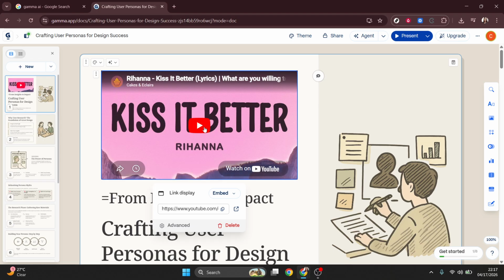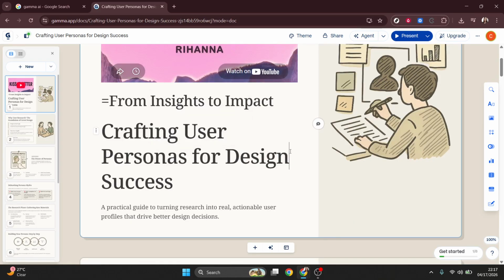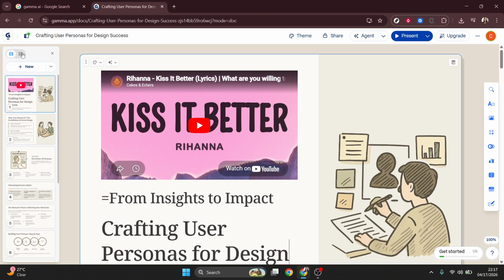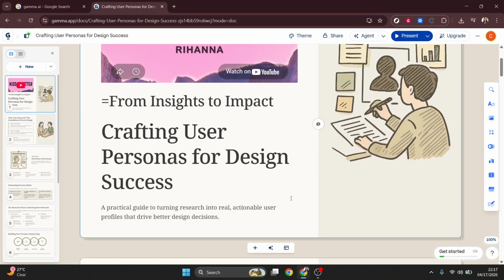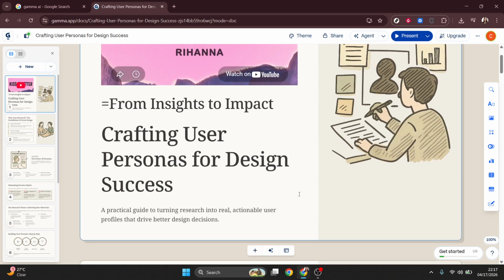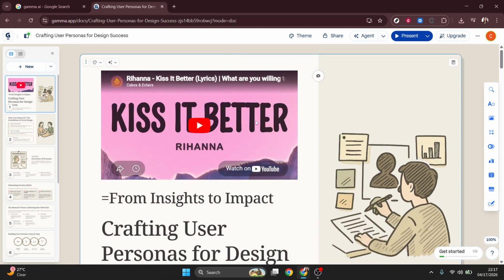As you replace, aim for a similar orientation or composition so your slide layout stays balanced. If your slide uses a specific color scheme or style, pick images that complement those choices for a more consistent look across the deck. To recap, add pictures fast with the plus button, generate custom visuals with Insert, Image, Generate